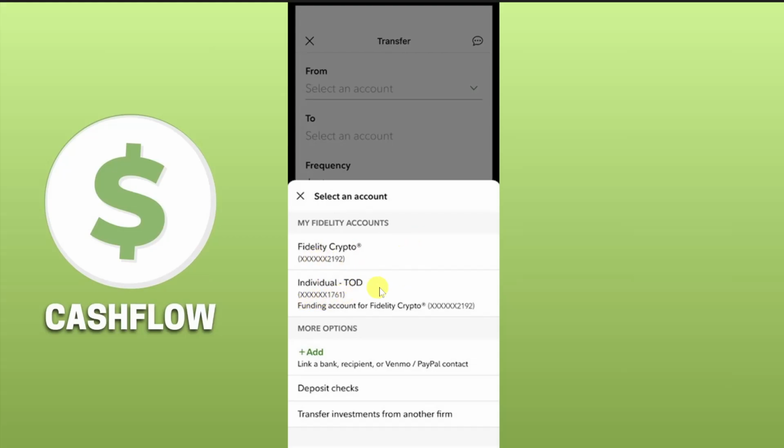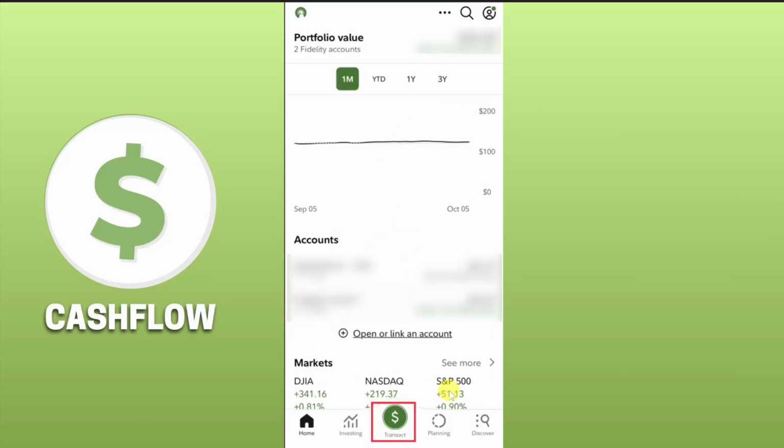Such as, you can select your individual account or you can add a new bank account. After that, in this two section you have to select your Fidelity crypto account and then transfer some money to your crypto trading account. And once you have some money in your account, you can again click on this transact option and then this